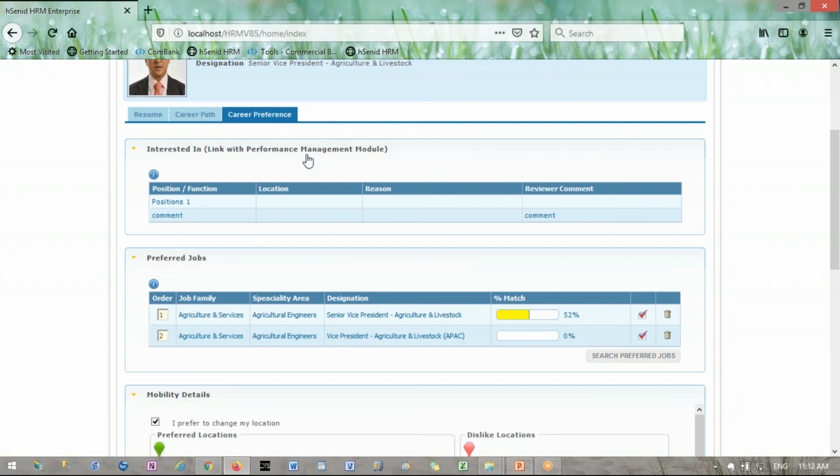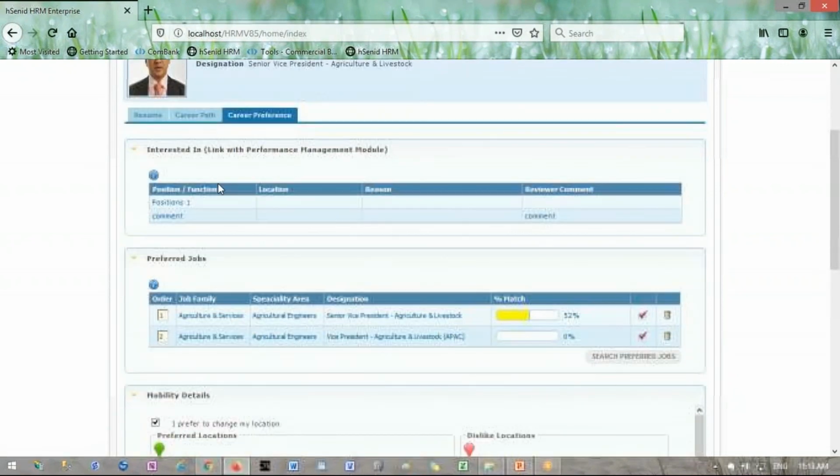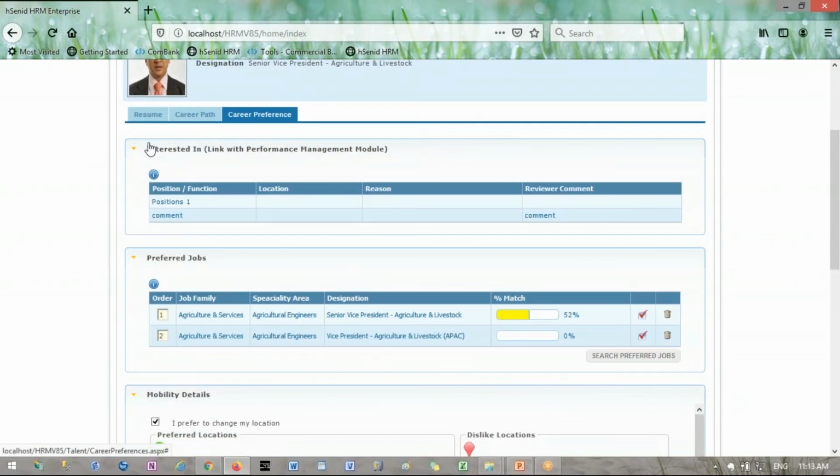Then he can select particular designations which are available in the progression ladder, and he can find the competency gaps and qualification and work experience gaps. Likewise, he can get a better understanding of the progression requirement. Then under this section, career preference section,